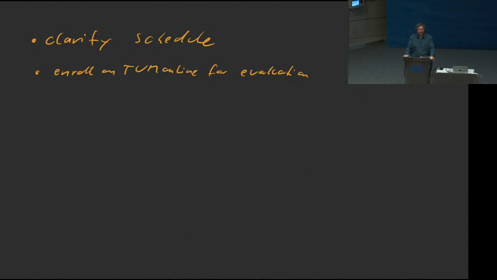So, we'll start with two brief organizational announcements. First, I've already mentioned that we are going to do an evaluation of this course, so you are going to evaluate me. To be able to do so, I need you to enroll for the course on TUM online. So if you have not done so yet, please do that today. I'm going to export the data tomorrow morning, and then we can't change that anymore.